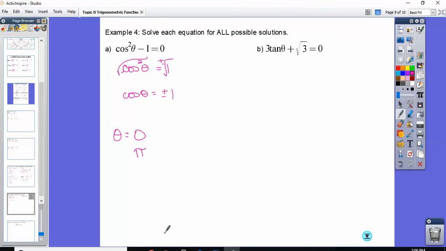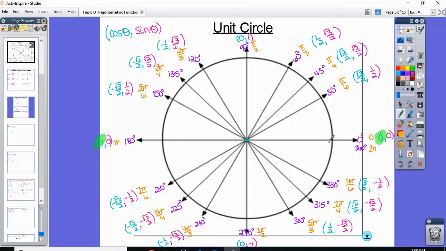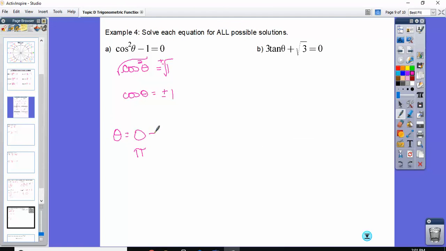I asked you for all possible solutions though. What happens is every time I go around the circle and I come back around, I'm going to hit that again. So if I say all possible solutions, we have to put plus 2 pi k,